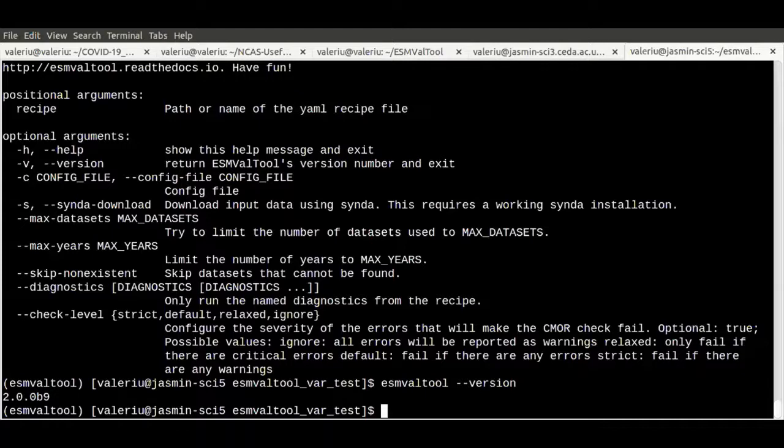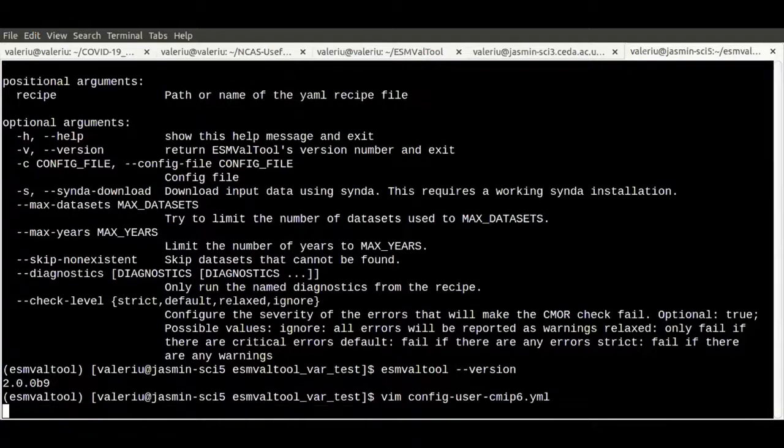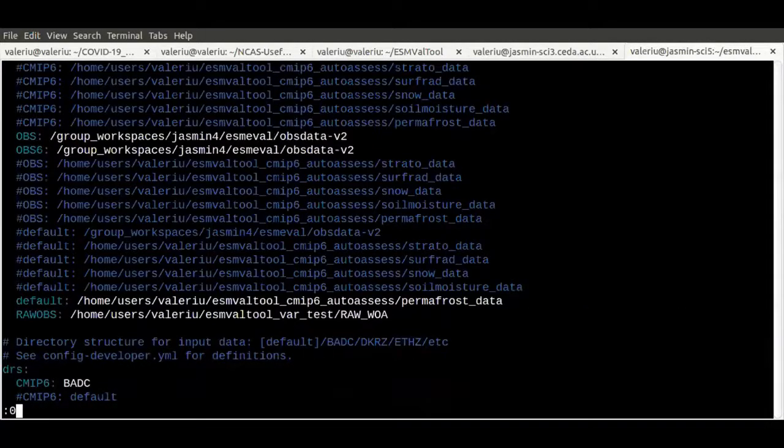Anyway, so now I want to run ESMValTool. And I'm going to need two files, as Lee described before. One of them is the configuration file, and I'm going to use a configuration file for CMIP6, and I'll run you guys through it briefly. I have one that is actually CMIP6 specific. So if we go to the top of the file,